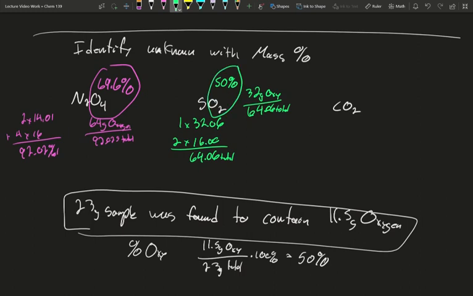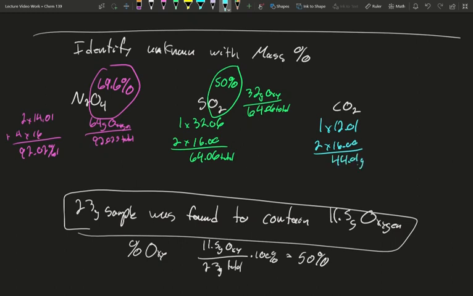Sulfur is just about twice the weight of an oxygen atom. So 1 sulfur and 2 oxygens, it's about 50-50. That's pretty likely that it's probably SO2, but let's check the last one to see if maybe there's 2 that have that value. Pretty quick, we can see it probably won't be. Again, I have 2 oxygens and then 1 of the other atom, but the atom's carbon, which is much lighter than sulfur. But just to check, 1 times 12.01 for the carbon, plus 2 times 16.00 for the oxygen,